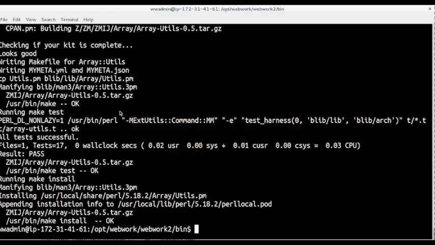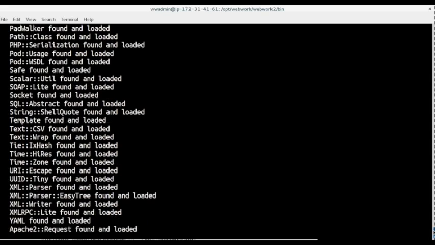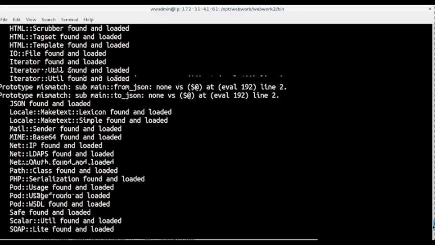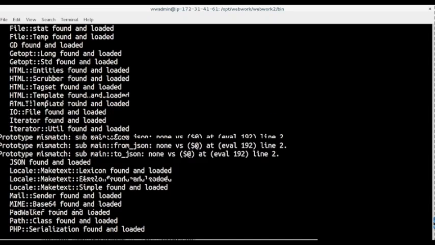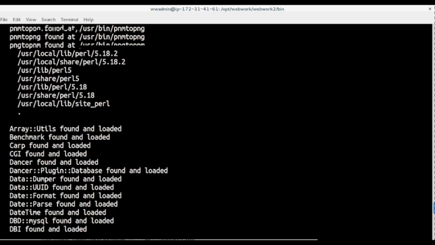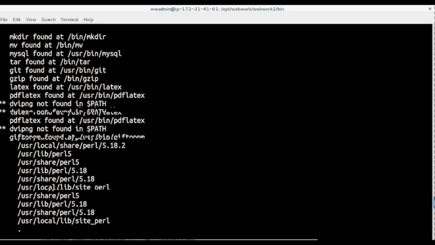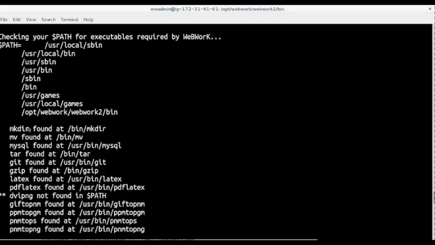And notice we're just iterating on this, polishing on it. So we're going to do it again. Check modules. Scrolling up, we see some weird errors coming, but the module is there, and so we just hope those aren't going to cause any real problems. Scrolling up even further, this is where it's actually looking for programs, binaries,